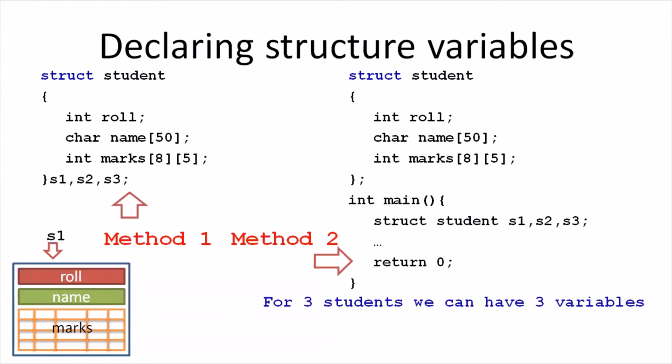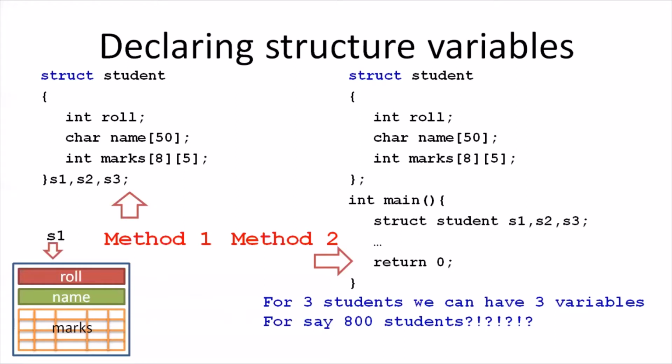The second part is responsible for holding the name of the student. This is a character array. And the third part is responsible for holding the 8 semester marks of the student, and this is also an integer array. Now, if we have 3 students, we can handle the details of those 3 students using the 3 variables S1,